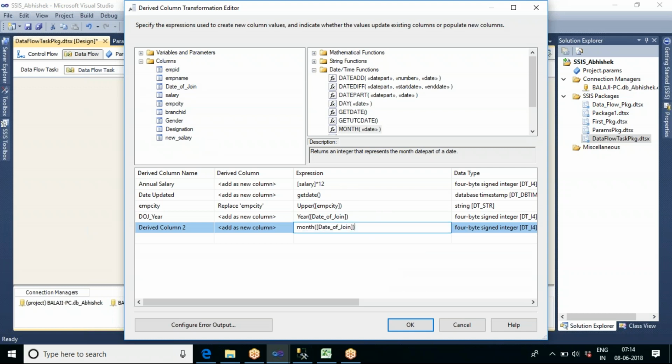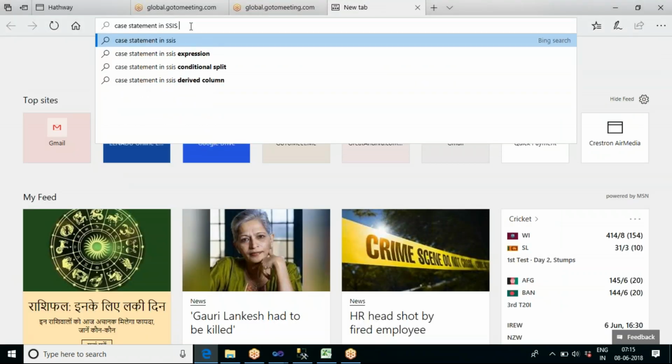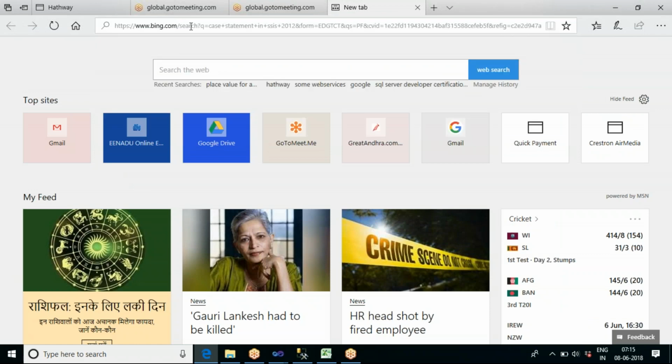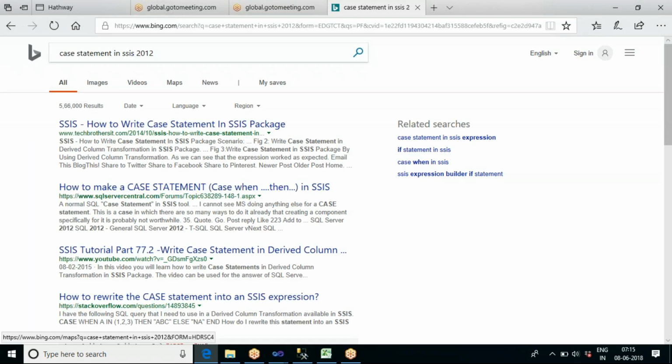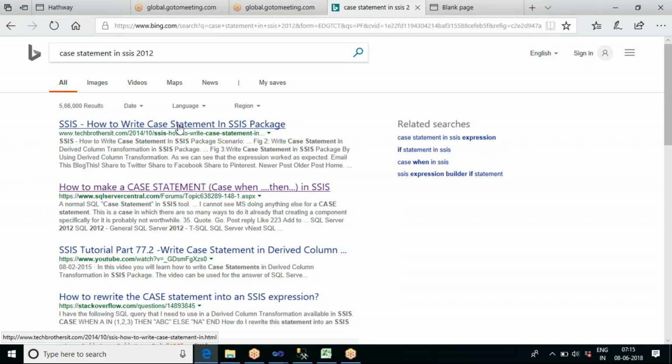If this value is equal to 1, then let me show it as January. Let me see the case statement in SSIS 2012. Same thing we are writing here.